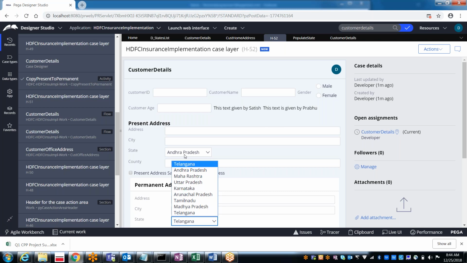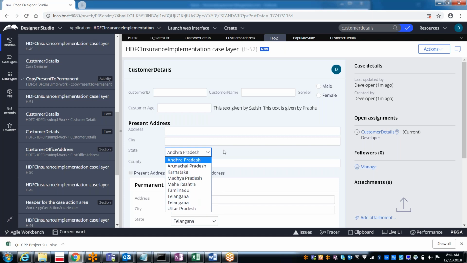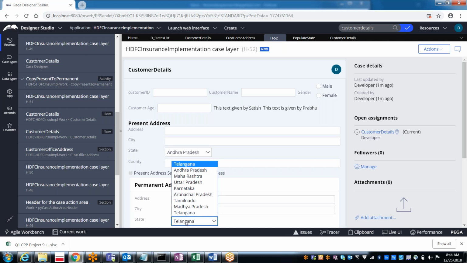Now I wanted to implement the cascade drop-down functionality. So how can we implement the cascade drop-down? On selection of the state, we want to populate the city. If the city also has a drop-down, it will be populated with only the respective values.